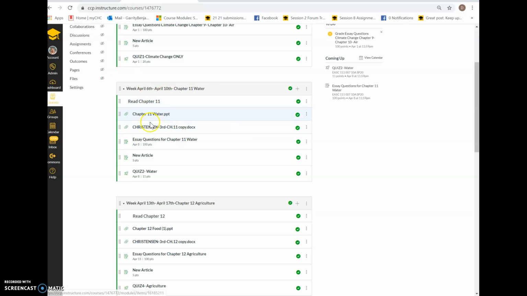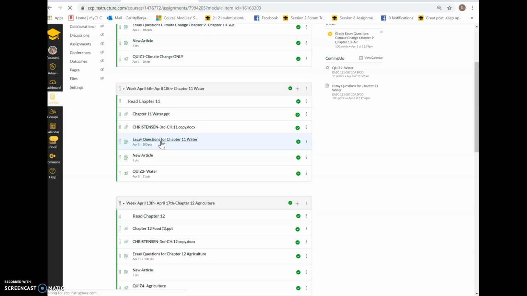So each week you will have due the chapter reading. I give you the PowerPoint here that relates to the chapter reading. If you open the PowerPoint in PowerPoint, underneath each slide are notes that could help you. And then here are additional notes written by Professor Brian, a summary of the chapter with all the important terms, etc. Then you will always have 2 essay questions to answer along with the chapter readings.